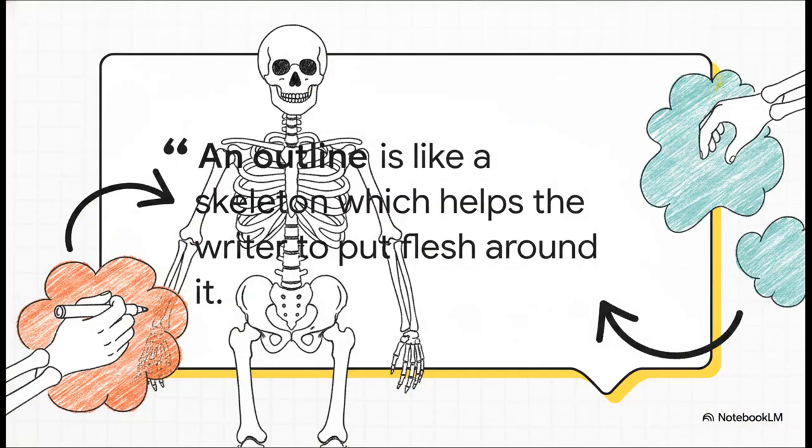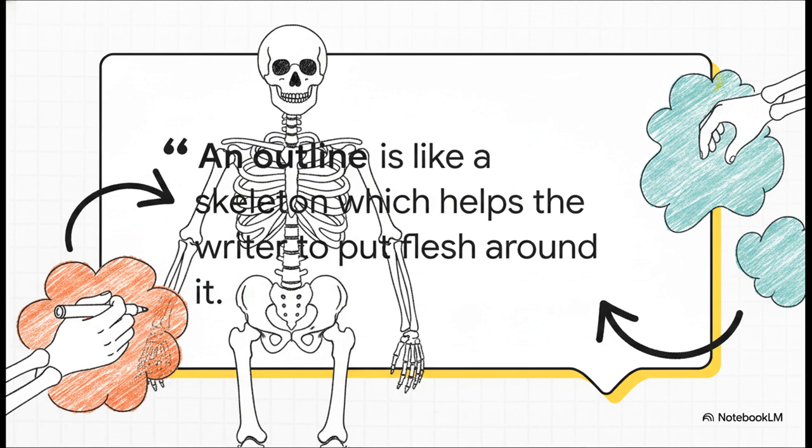Moving right along to Section 2, writing's architectural blueprint. We really need to start looking at outlining as way more than just some basic list-making exercise. It's actually the core architecture of your entire essay. And this brilliantly illustrates the dynamic relationship between you and your audience. Think about it. Writing is language meant to be read. Writing and reading are literally 2 ends of the exact same communication, and they're connected by this underlying framework.